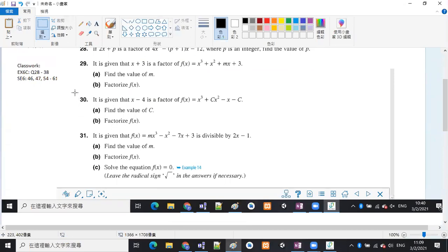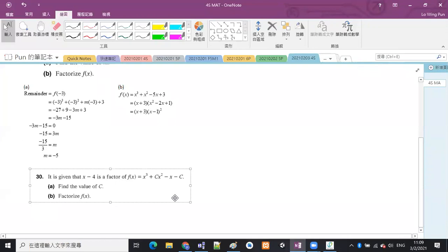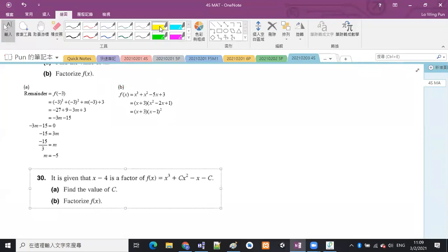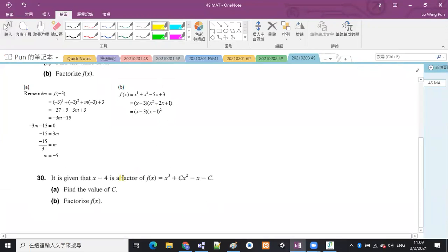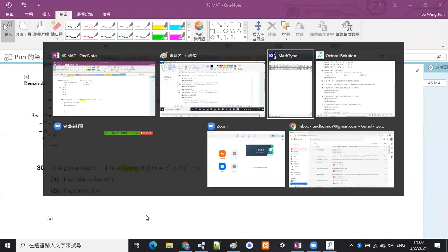30. So it is given that x minus 4 is a factor of f(x). Again, it's a factor of f(x). So we use the same technique. In part A, the remainder